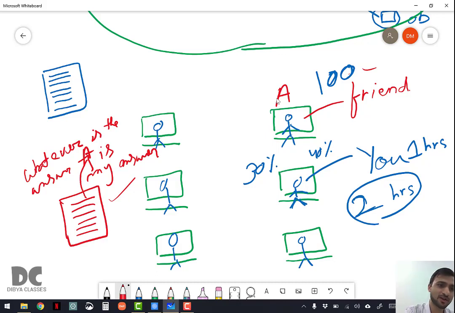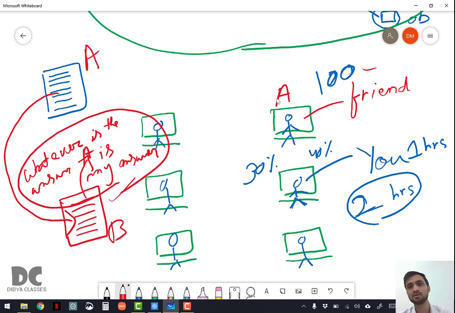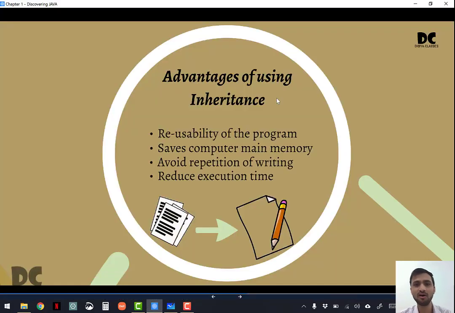Okay, so basically you are copying all the answers from your friend A to you, your B for example. You are acquiring or copying all the answers from A to B by just writing whatever is the answer written by A is your answer. So what will happen now? You will get all these 4 advantages.